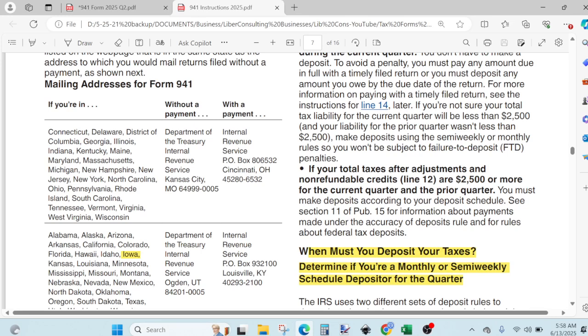If you didn't complete the voucher, that means you are not going to mail a payment with the form. Therefore, you will choose the column without a payment address that corresponds to the line where your state is listed, and that is the address you'll put on the envelope, and you'll mail your return to the IRS at that address